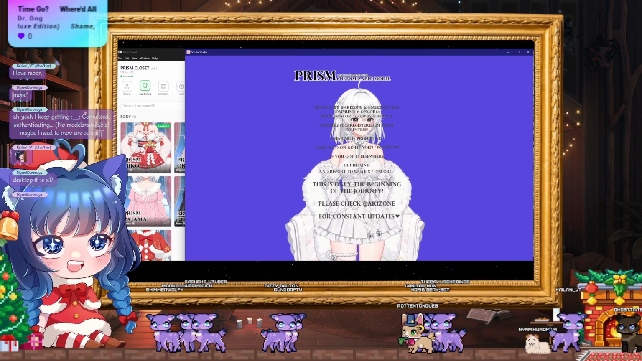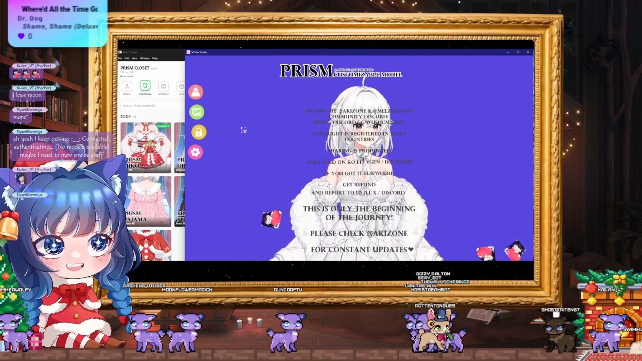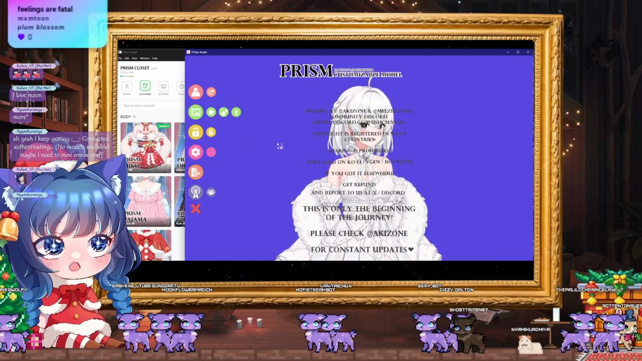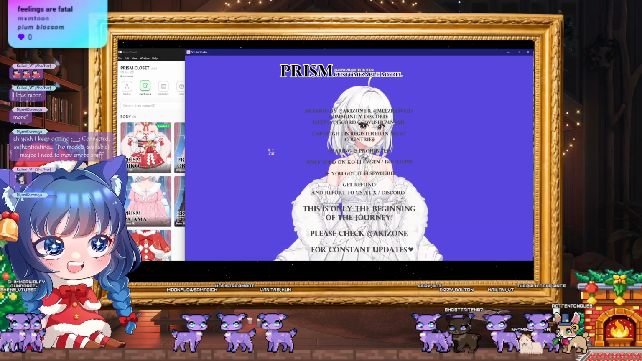So this is how you get it connected to the model. We're going to go more in depth to editing it and transferring over your previous information from the